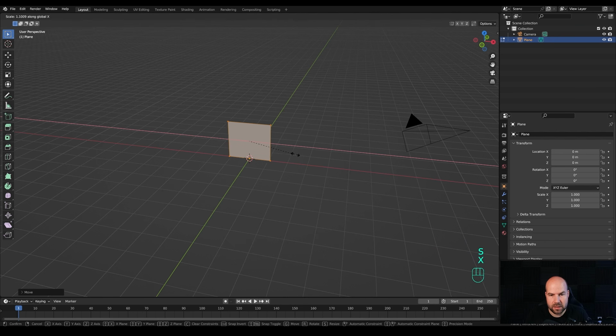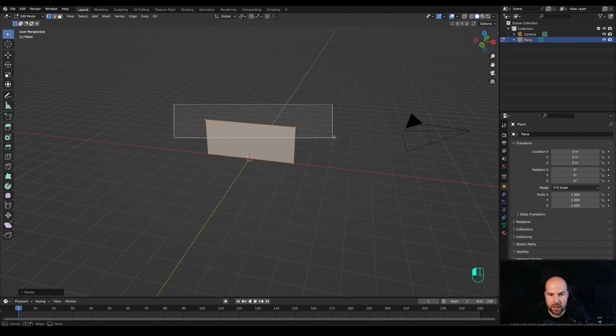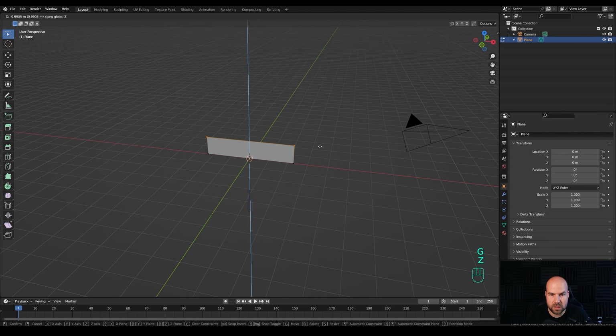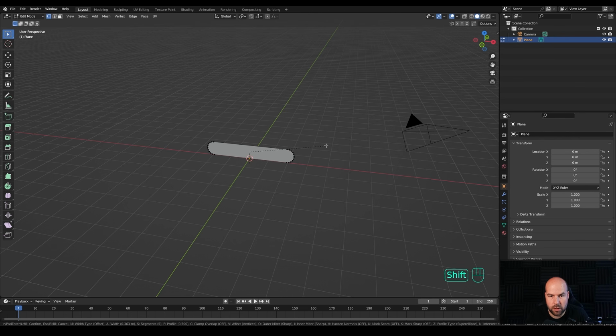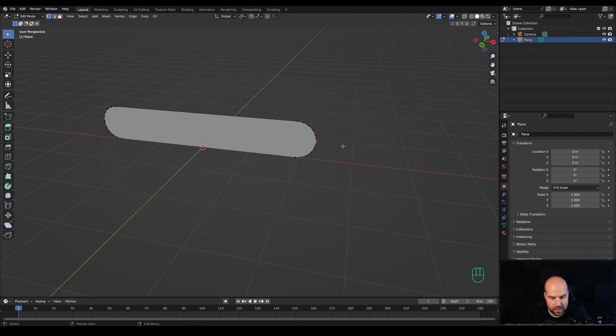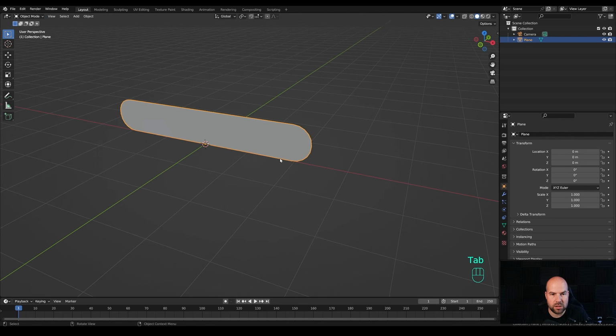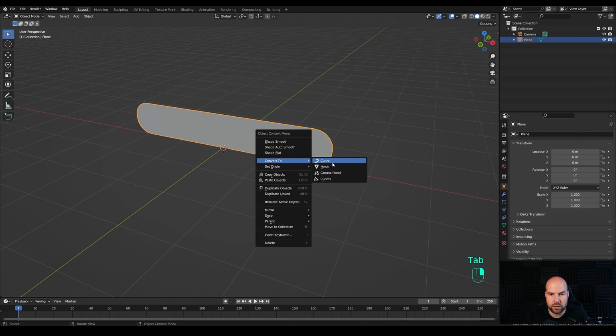And now we can press S, then X and scale it on X axis. And something like this should be okay. And now we can drag a selection here to select these vertices, press G, then Z and move this down. And now let's press A to select everything and press Ctrl B, then V, or Ctrl Shift B, and just do a bevel like this and increase the number of segments with the mouse wheel to something like this. We can go more, and you can hold Shift for smaller increments and do it so that these two in the middle barely touch. And now we can select them, press M and merge them at center so they are connected.